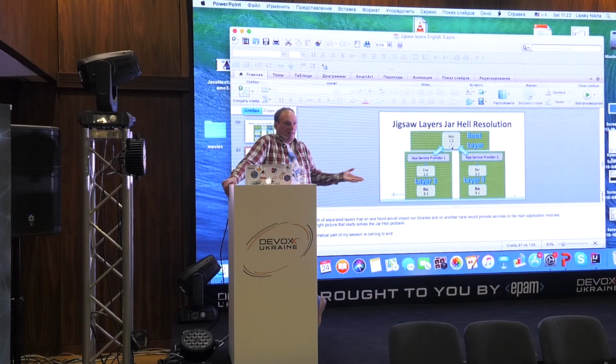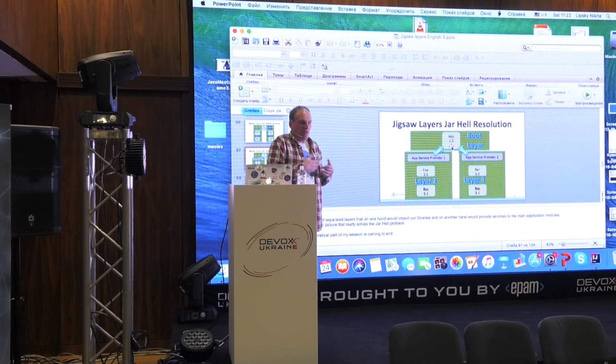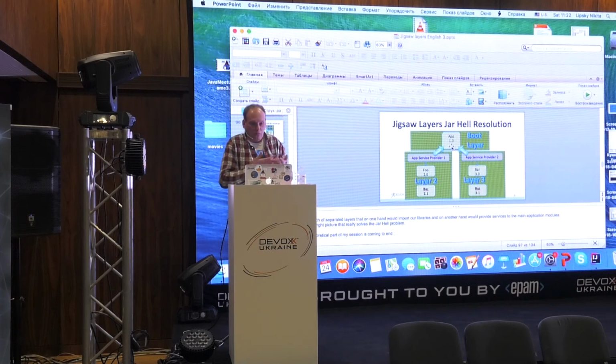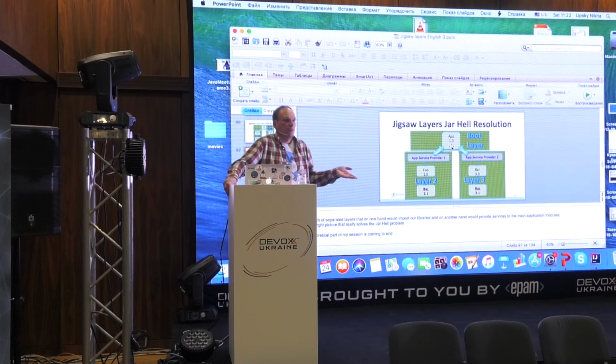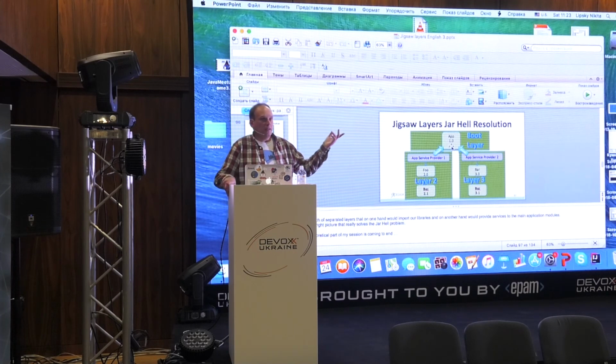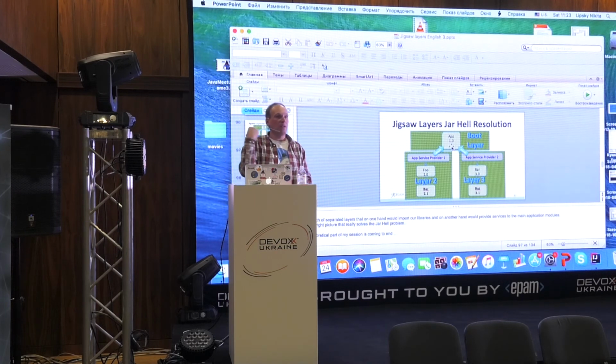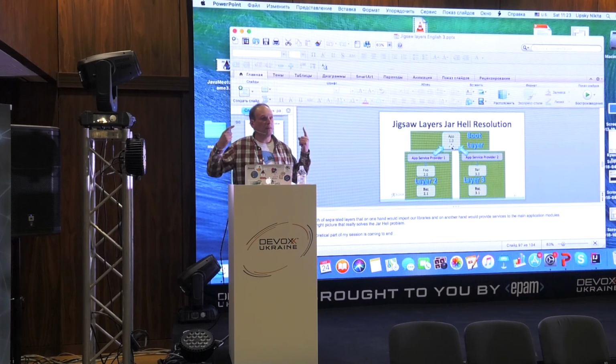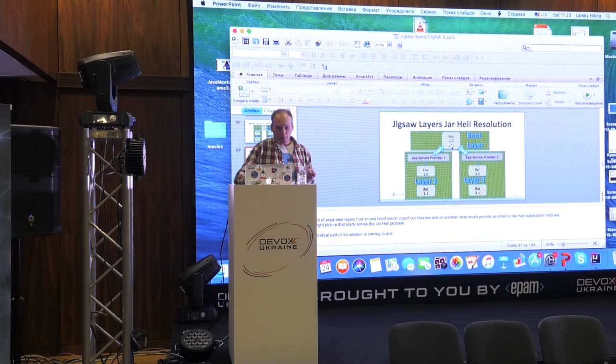Because JVM doesn't differentiate. There is no problem for it to work with objects of different classes with the same name. It's not a problem. A problem is with the linking, when different classes with the same name start meeting by signatures provided by different modules. If we have that problem, your application won't be just linked at runtime.